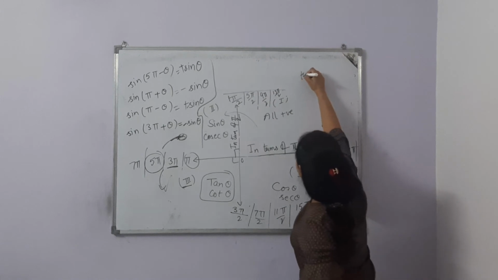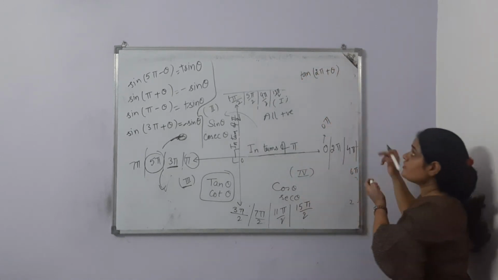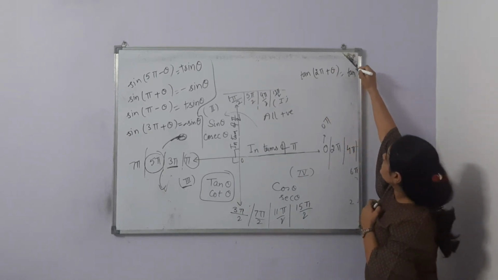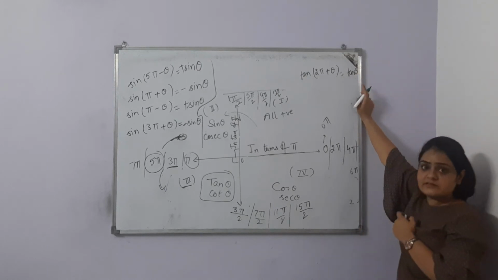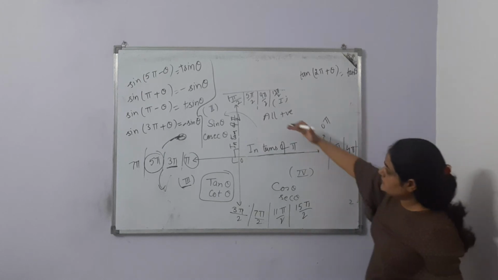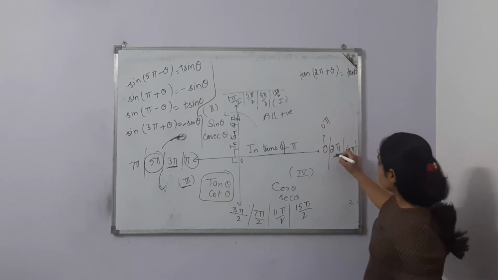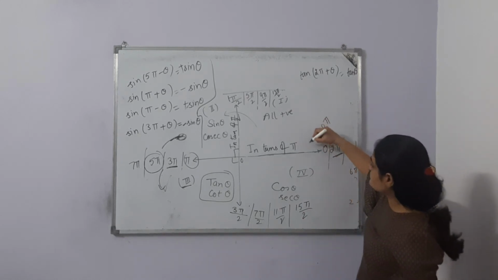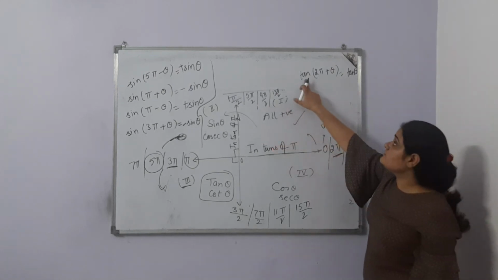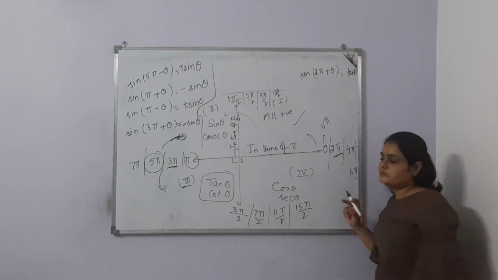What about another trigonometric function? If we are having tangent 2 pi plus theta, of course the angle is in terms of pi, so tan will remain tan theta. First of all, we will write tangent as it is. Now 2 pi plus means anti-clockwise direction. Where is 2 pi? Here it is, 2 pi plus anti-clockwise direction, that means the first quadrant, and in the first quadrant all are positive, that means tangent will also be positive. I will get positive tangent theta.